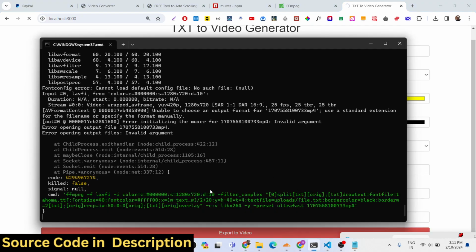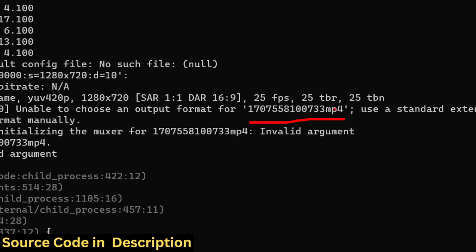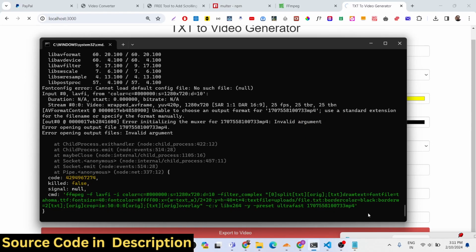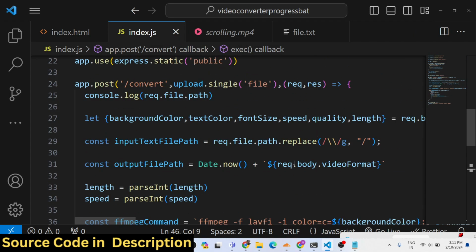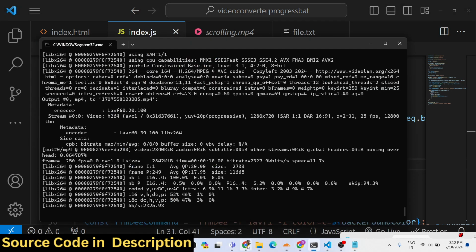Let me see. If you see right here, basically it is saying unable to choose output format for. Okay, sorry guys, you can see that we have missed this dot symbol right here. Extension. Before the extension, we need to put a dot symbol. That's the problem. Sorry, this needs to be dot here. Just replace dot. And now once again,